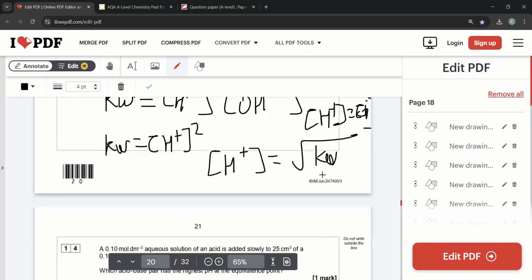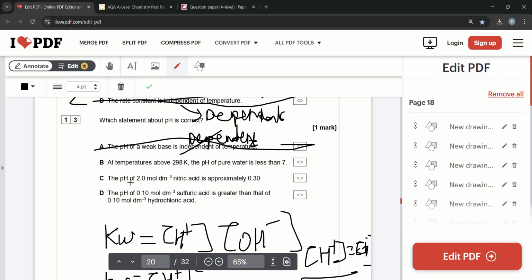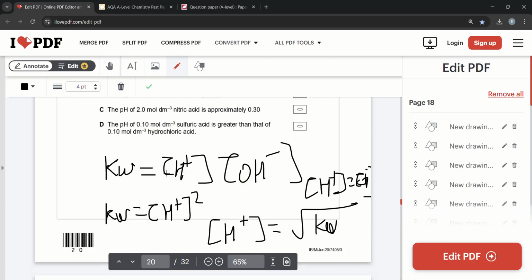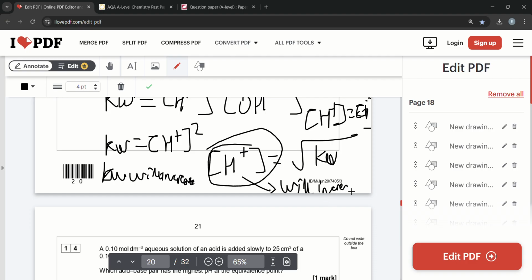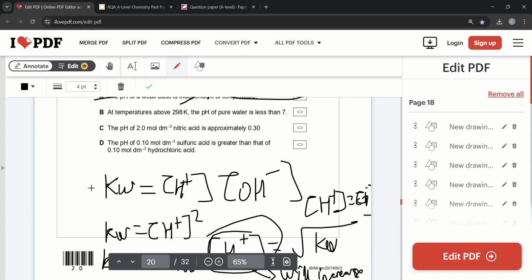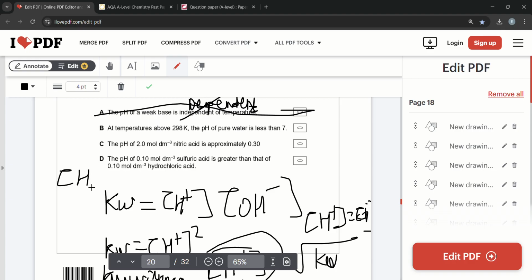And Kw increases as temperature increases, because the temperature is above 298 Kelvin. So we know Kw will increase. But if Kw increases, what does that mean for H+? Well, H+ is equal to the square root of Kw, so the concentration of H+ ions will increase as well. So what will that mean for pH? Well, remember, the concentration of H+ ions increases,